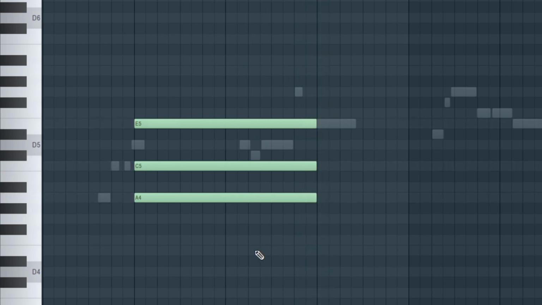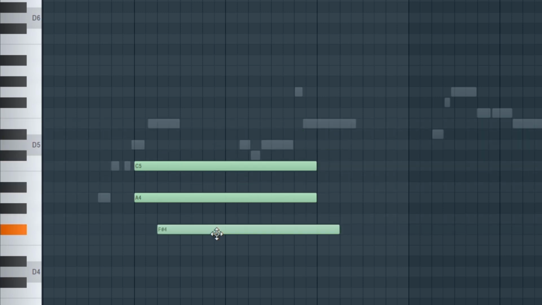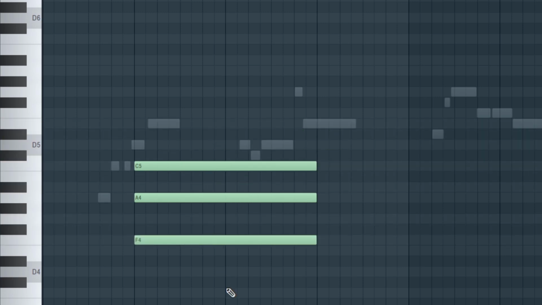That's what I'm looking for. If I drop down the E to the lower F, I turn this A minor to an F major chord,